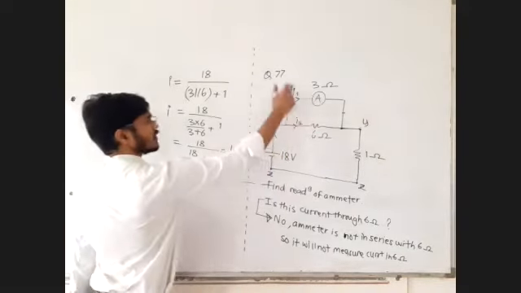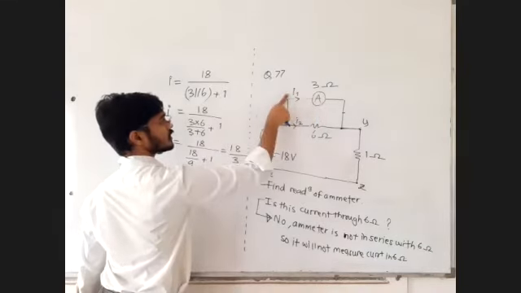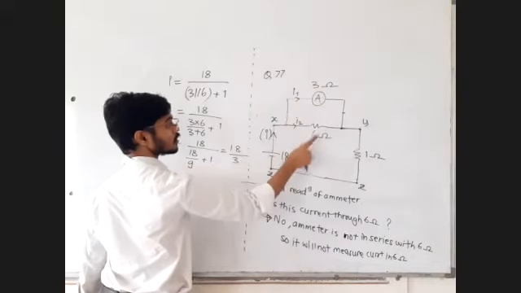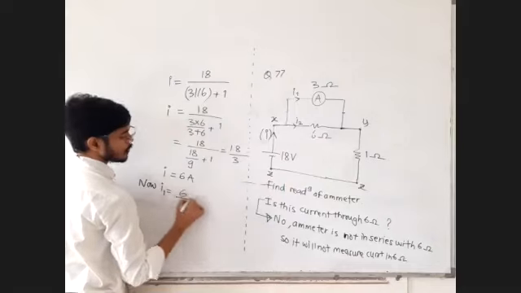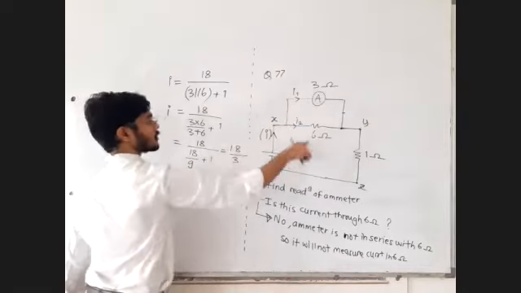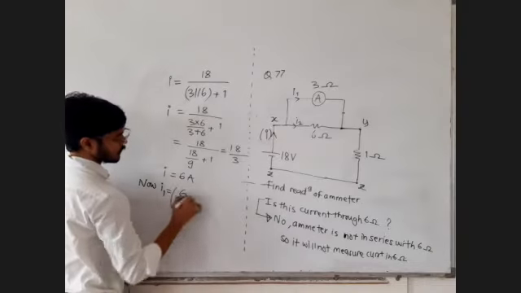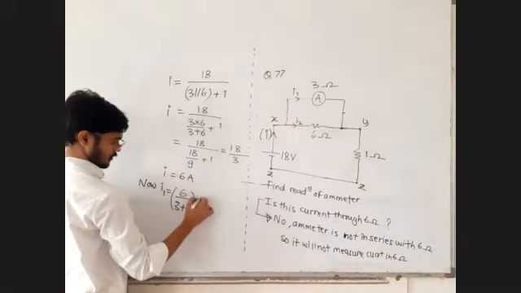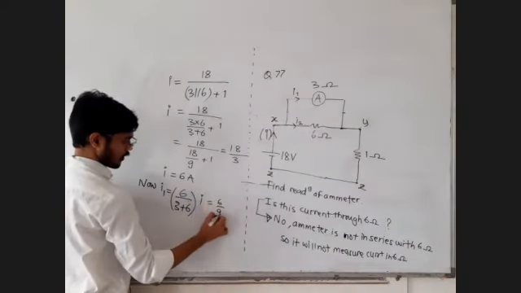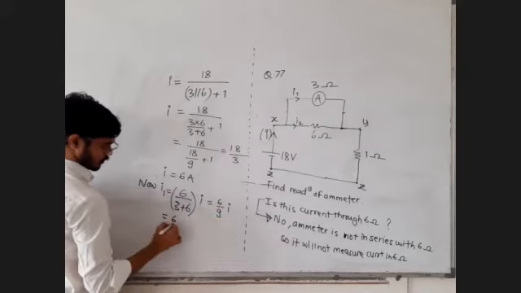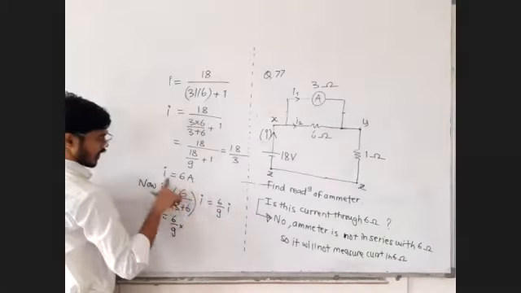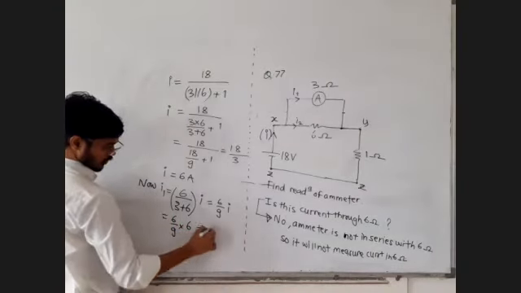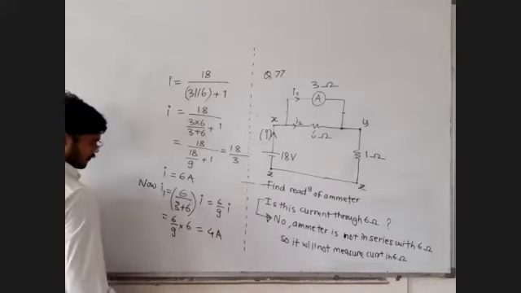But instead of that, the final answer I know. I1, the current in this branch, is equal to the resistance fraction of the other branch. So I1 is equal to 6 upon 3 plus 6 into I, which is 6 upon 9 into I. What is I? I is again 6. So 6 into 6 is 36, and 36 upon 9 is 4 ampere. That's I1.